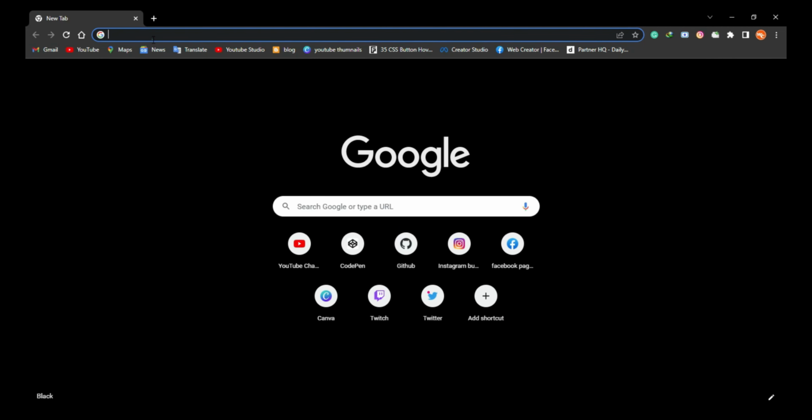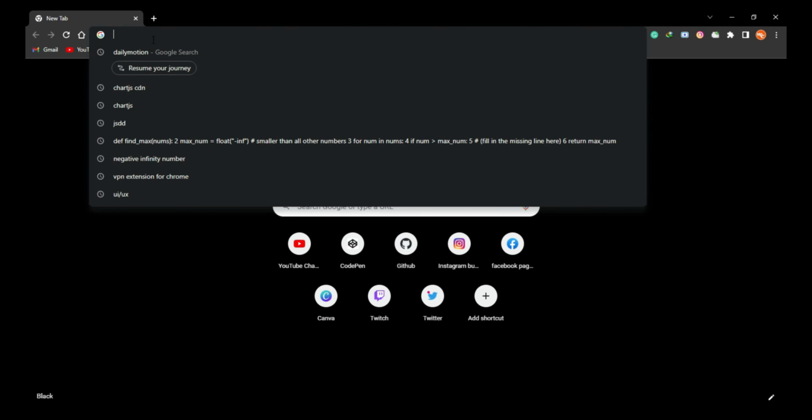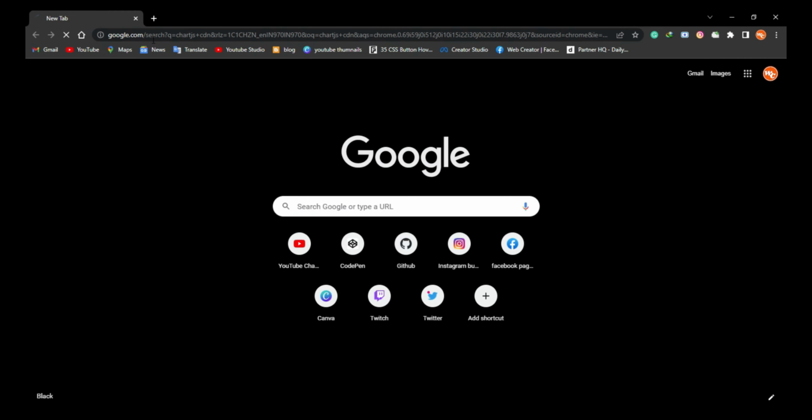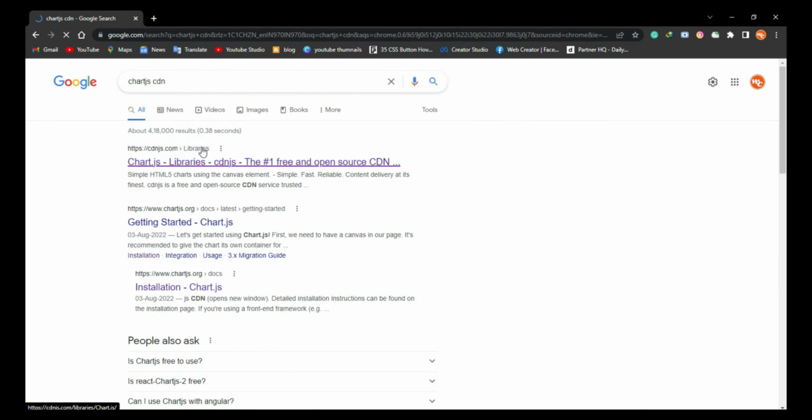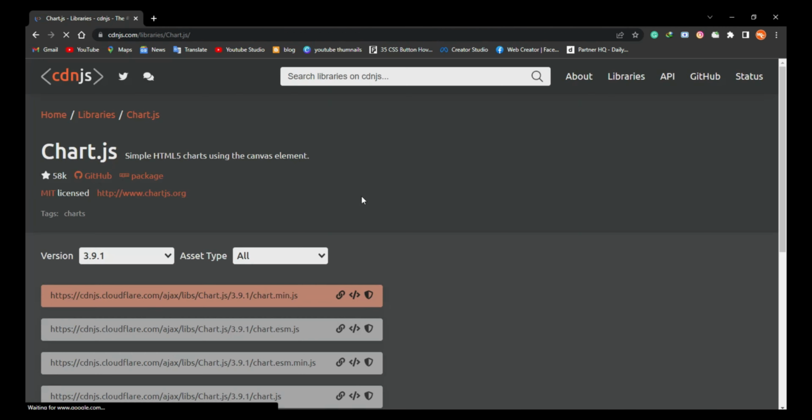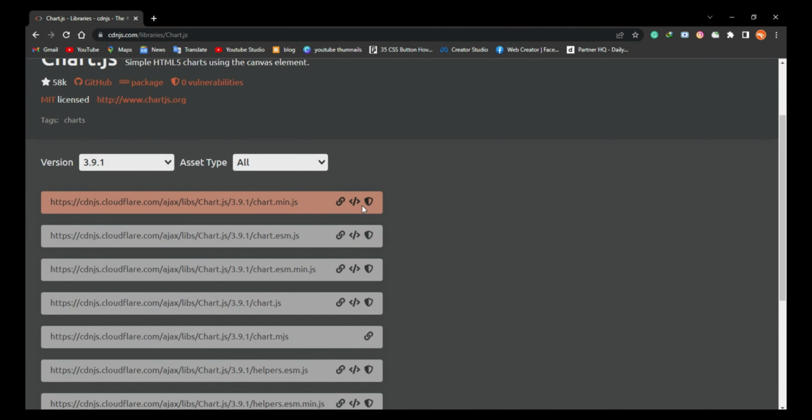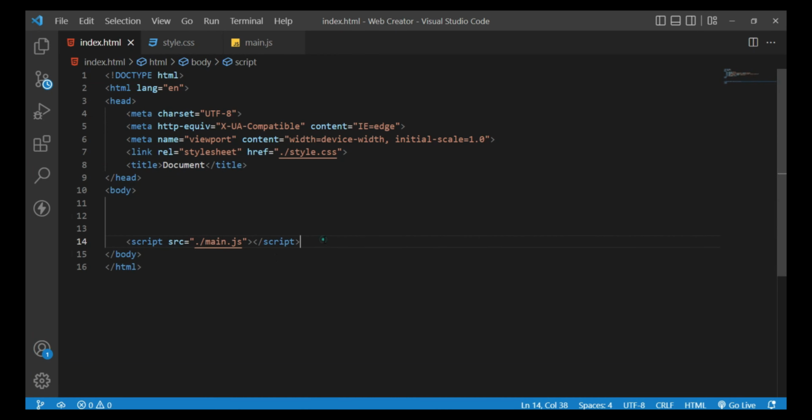Open the Chrome browser and search for Chart.js CDN. Firstly, at the top, open the link and wait a few seconds. Then click this coding icon, copy the CDN code, and go to the Visual